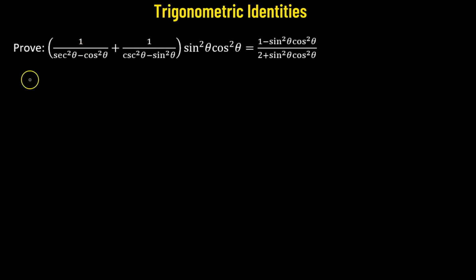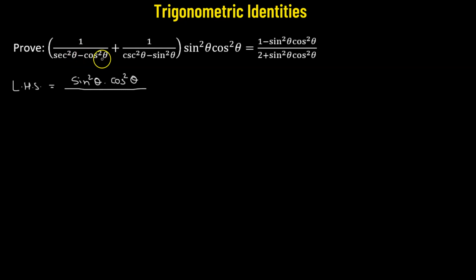We need to prove the following. So we'll start from the left hand side of a given equation. Now here what we'll do, we'll multiply sine squared theta cosine squared theta to each of the terms within the parentheses. The first term will be sine squared theta times cosine squared theta whole divided by, so here we have